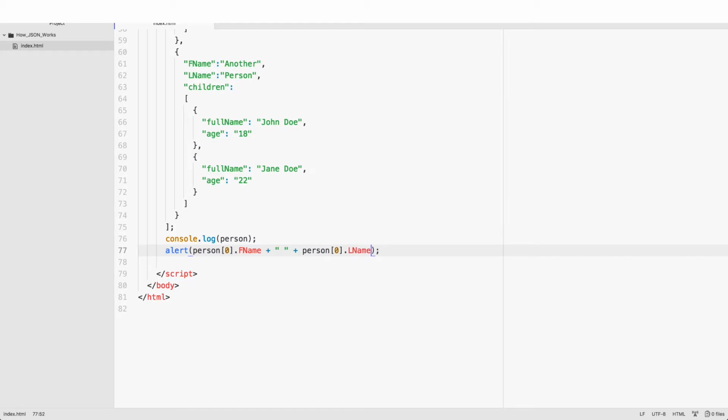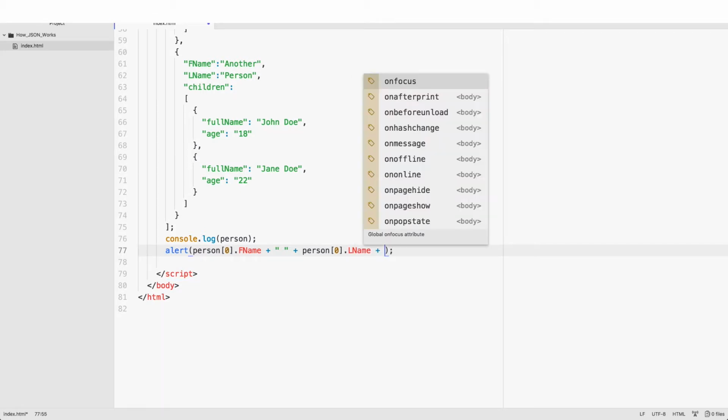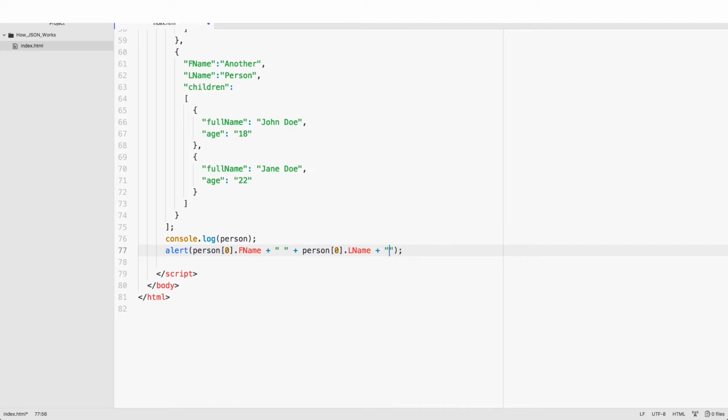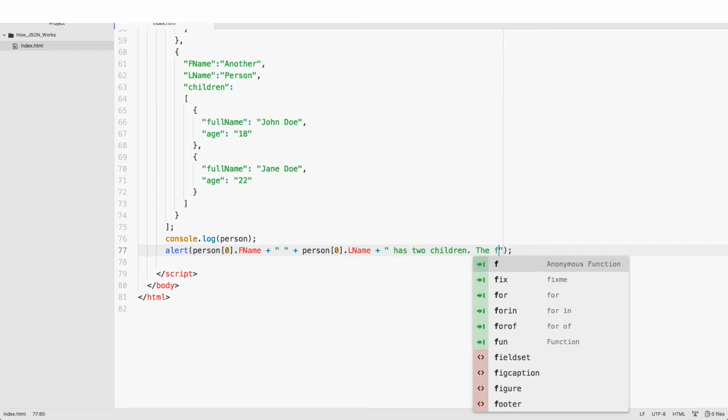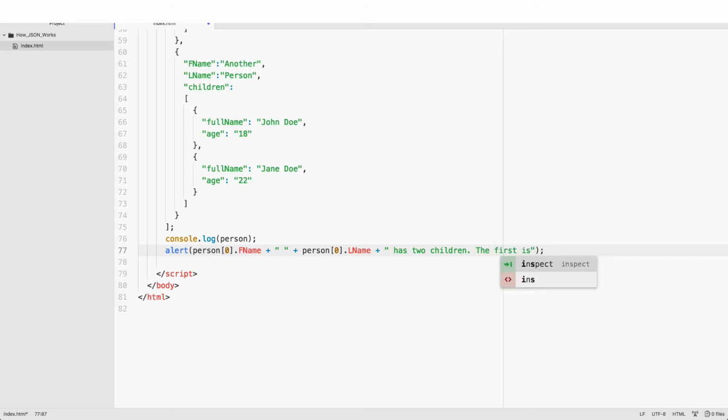Now we can add part of a sentence. I'm just going to add this together here. We're going to say has 2 children. All right, that's cool. Period. Well, that's not a period. Space. And then we're going to say the first is,